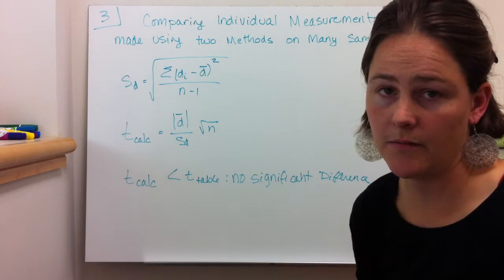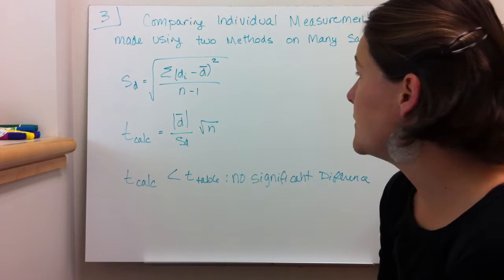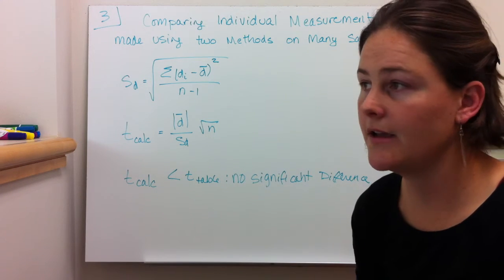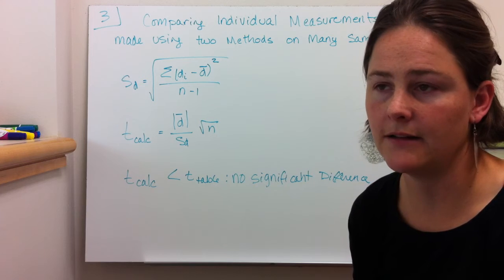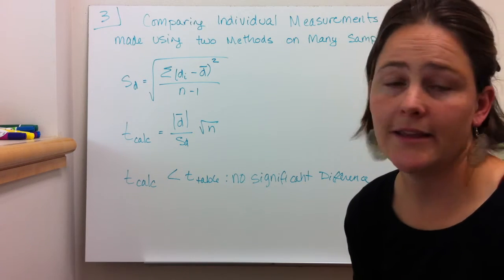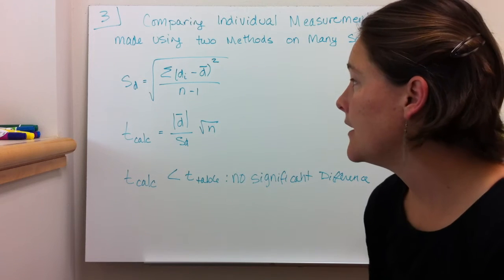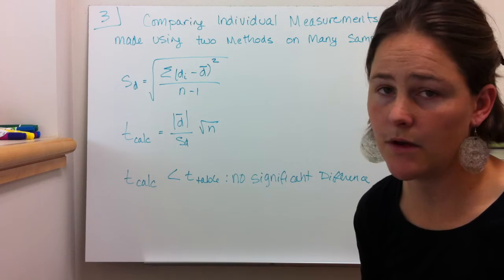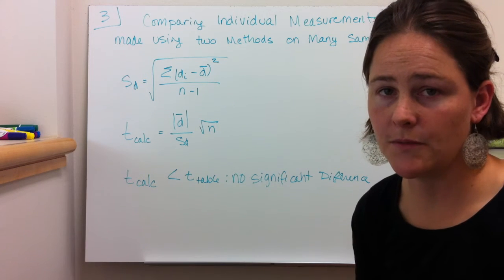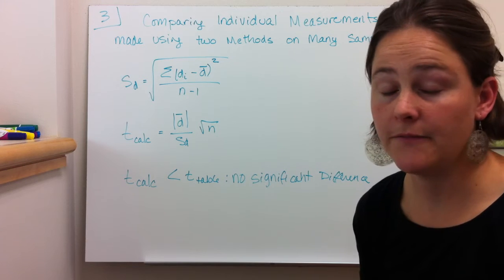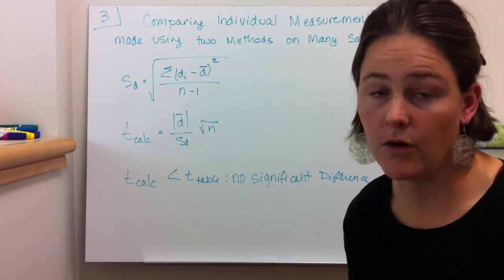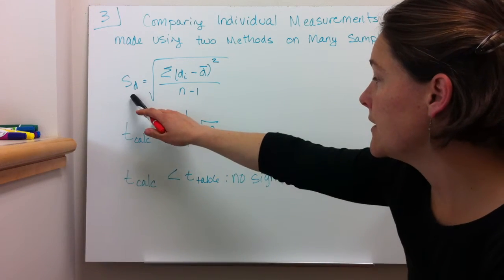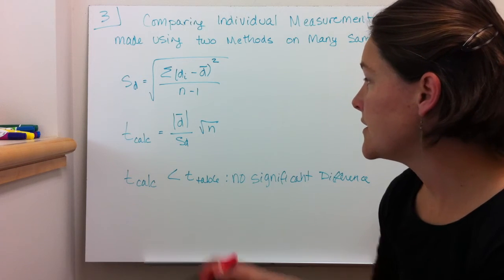So the third example that we're going to look at today is comparing individual measurements made using the 2 different methods on many samples. So say you have a ton of water samples that you want to get analyzed, and you only have a finite budget. And this type of stuff happens all the time. Well, this is a method for being able to analyze each sample via 2 different methods only one time, so no replicate measurements. And you're going to try to figure out if method 1 or method 2 is better, or if they're significantly different. So, you calculate your standard deviation